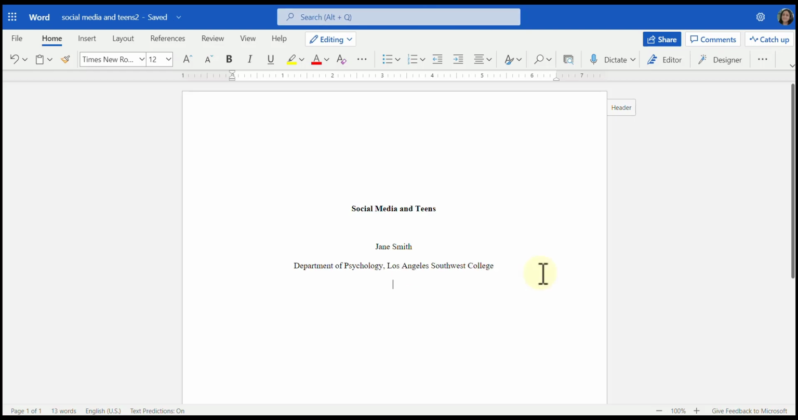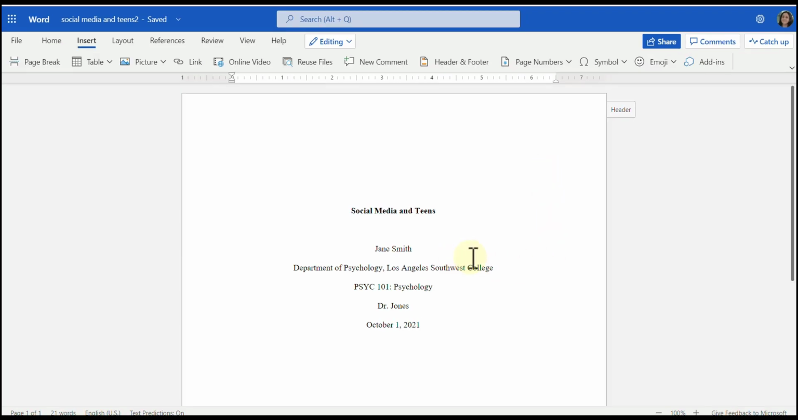Press Enter. Next, I'm going to type in the course name and number. Then press Enter. Type your professor's name. Press Enter. Then type in the date of when the project is due in month, day, and year format. After you finish entering all of the requirements on your title page, you're ready to begin your essay on the